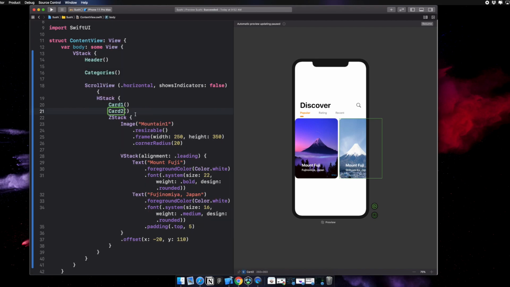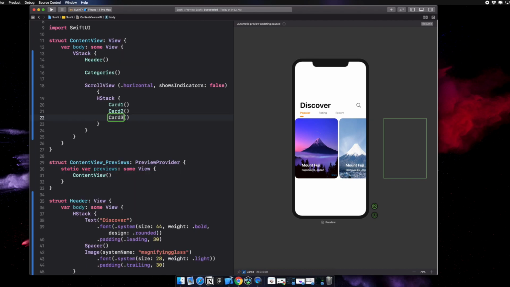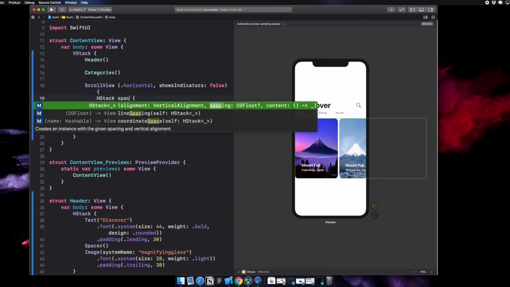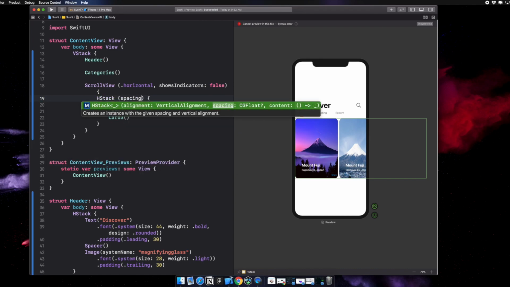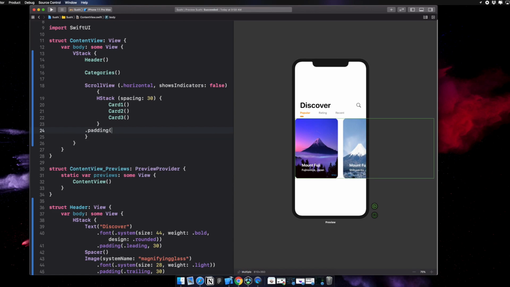We're gonna make this guy card 2, and then we're gonna make this guy card 3. So now we can see. We're gonna do a spacing of, let's do 30. So zoom this, and then you're definitely going to add a padding of leading and make this 30. All right, so we have our scroll view,